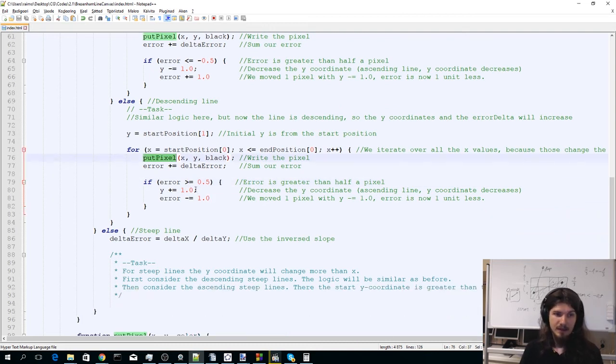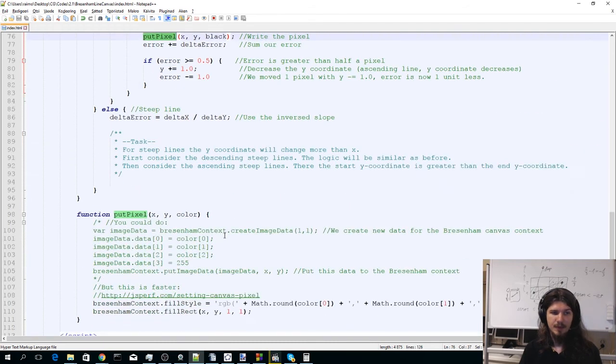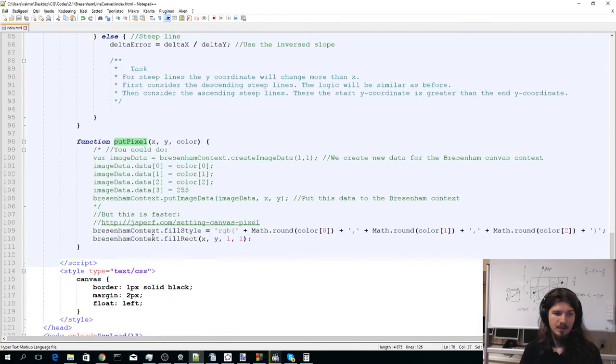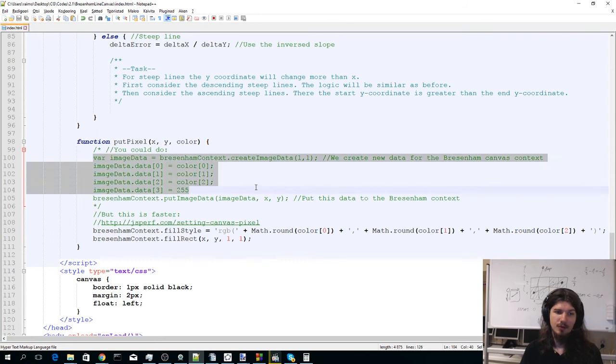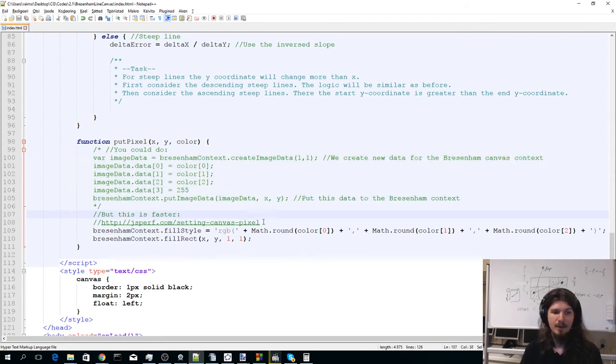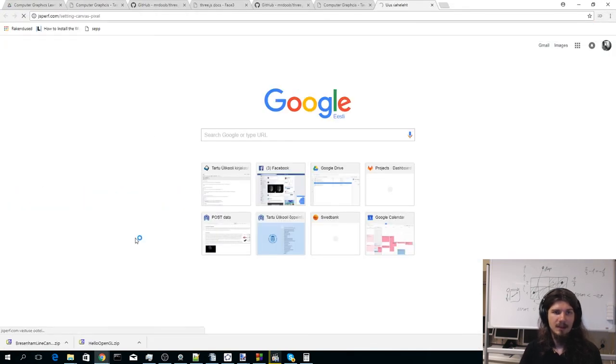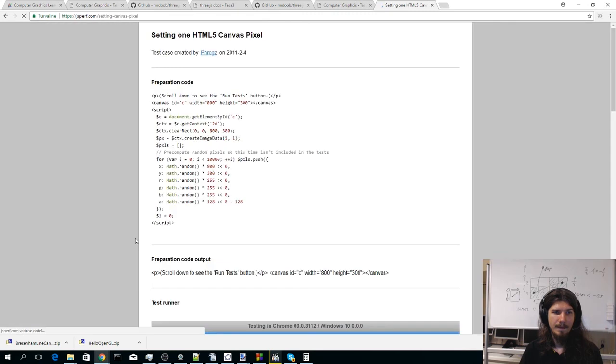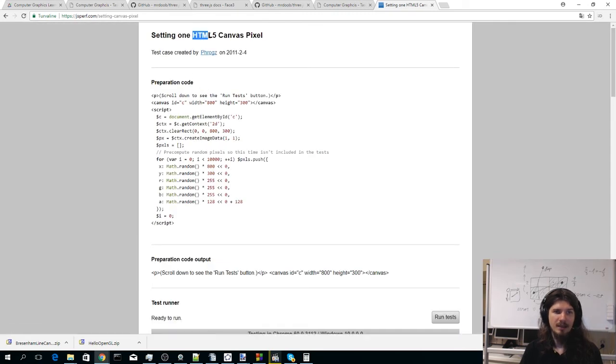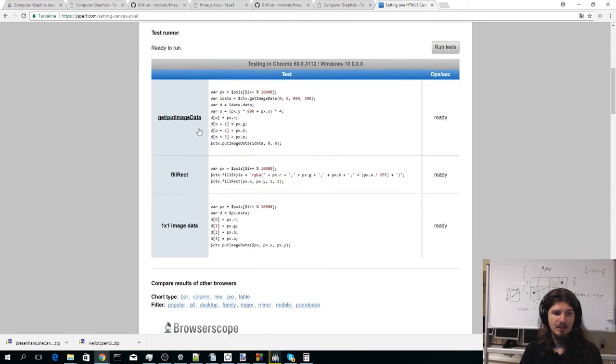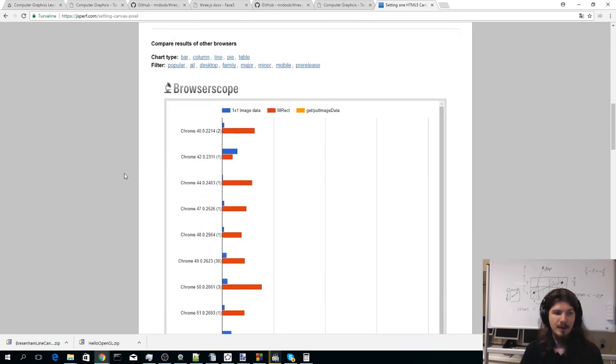Now you might be interested in this putPixel function. It just draws a filled rectangle, and it uses RGB color as the fill style. I recommend you check this out, because you could do it like this, but it's really slow. And on this site you can actually performance test different algorithms. And for example here, setting an HTML5 canvas pixel, there are 3 ways you could do it. I'm gonna check if